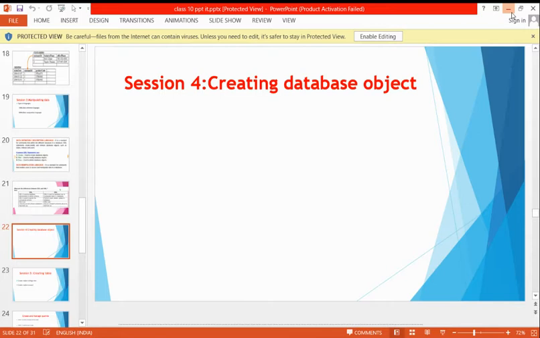Now, if you want to create the database, just click on this database. Just click on create a new database. If you want to open an existing file, just click here. So I want to create a new database. I'll click here. Just click on next. Then finish. If you want to give a different name for the new database, I'll give the name as database 1. Just save this.